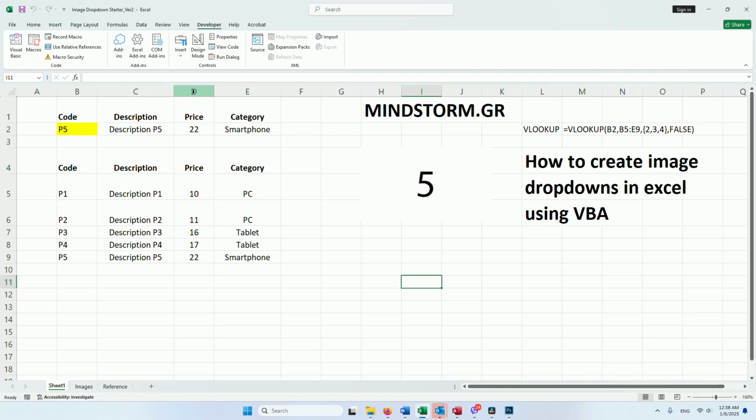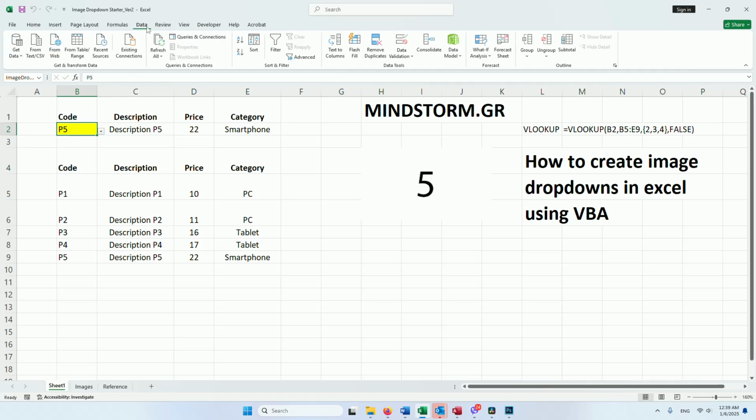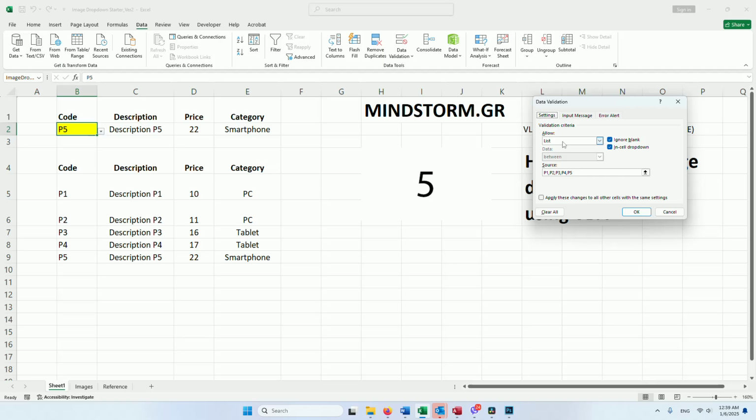So in order to do that, you need to create a data validation list here, list and source P1 to P5. Okay,